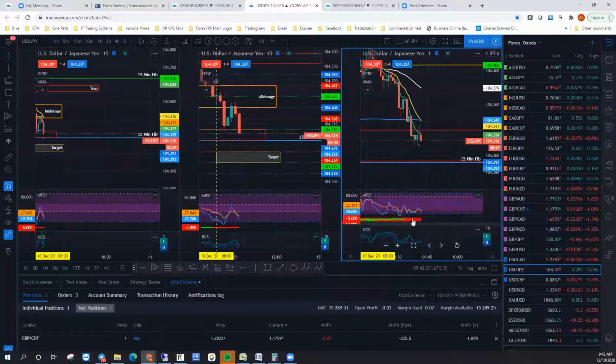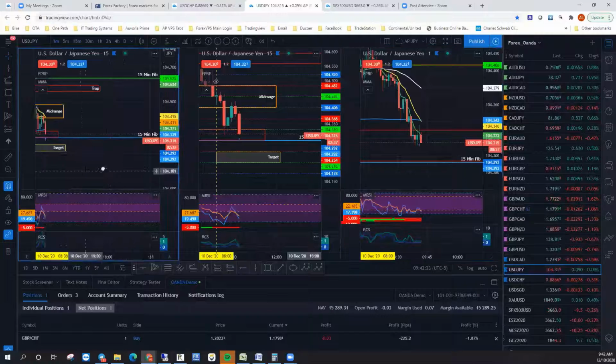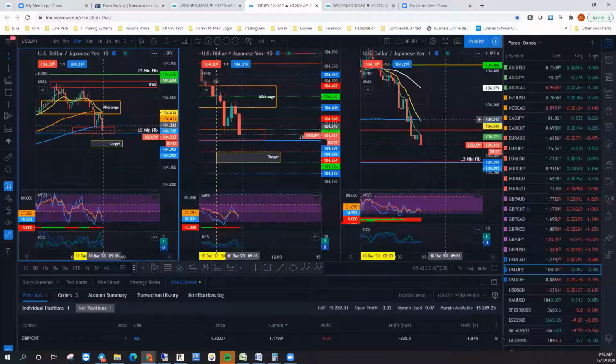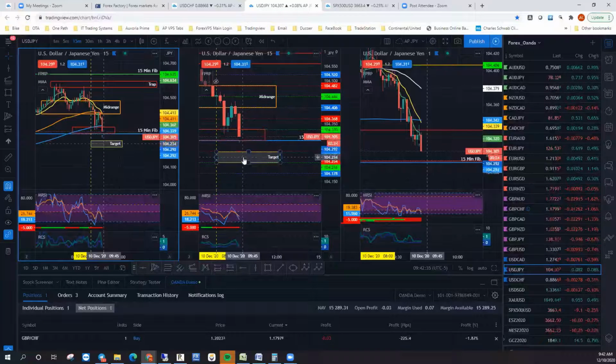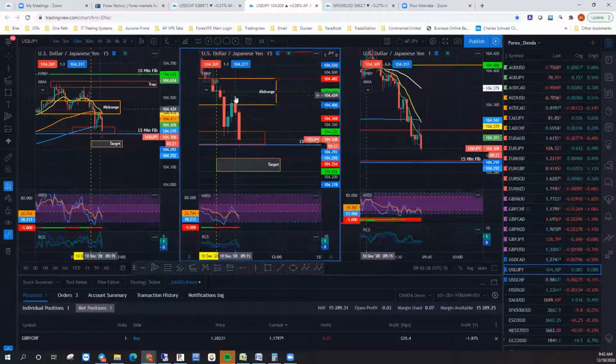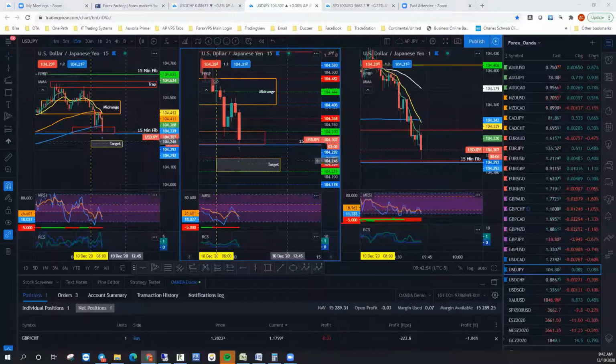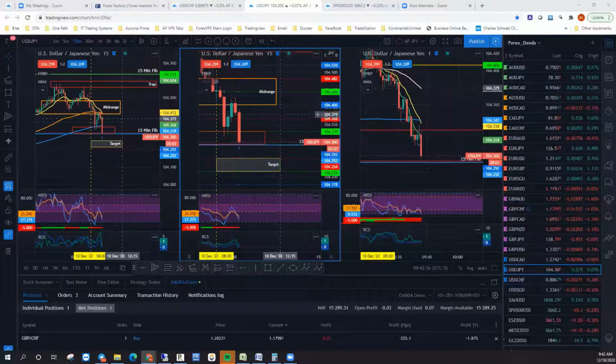The 8-hole moving averages are still red all the way across. Our RCS tool still says that the Japanese yen is the stronger, but only by one and by one. So this could be near the end of the move as it comes down. This could be that last little push down for a retrace, and it should be looking right around the 24.19 area for the target, which is pretty much right where it's headed.